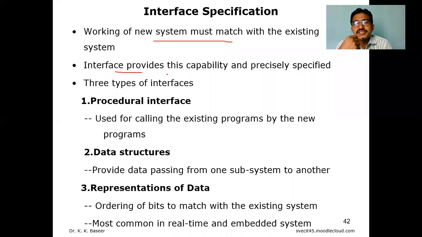Or else, when you want to install virtual systems, like you already have Windows and want to run Linux, virtually you can install the Linux operating system with the help of an interface called Virtual PC or VMware or VirtualBox. These are some of the interface software where we can connect your Windows and make it look like Linux. So here three types of interfaces are available.